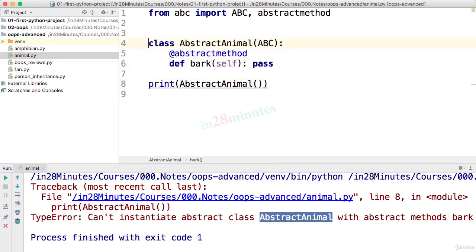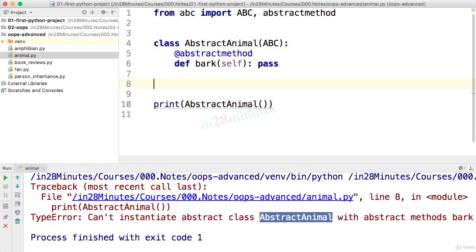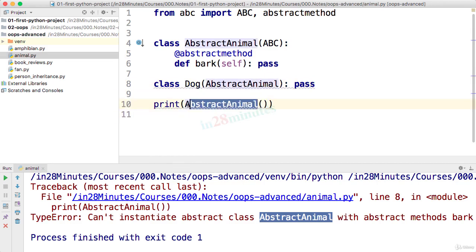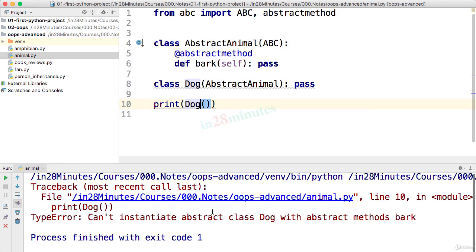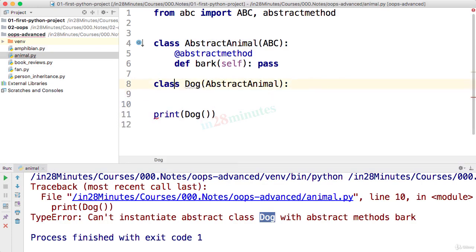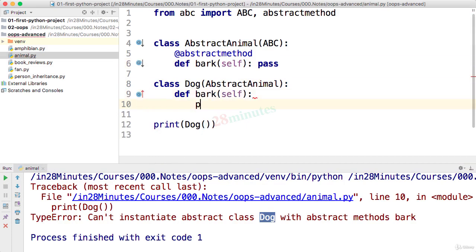Now let's say there is another class which is present. So let's say I'm creating a class dog which is extending abstract animal, and it's, let's say, an empty class. Do you think I'll be able to create an instance of the dog? Let's run it. Nope. It says cannot instantiate abstract class dog because dog is not defining the method. What dog can do is go ahead and define the method. It can say print